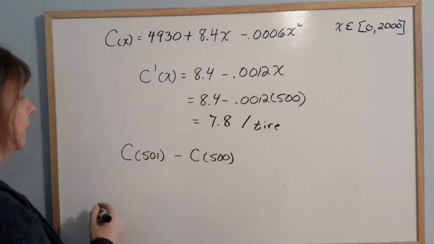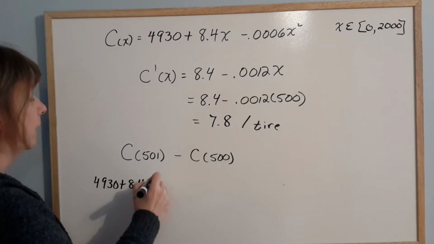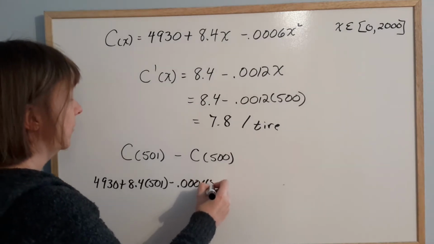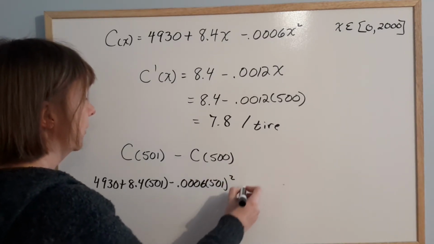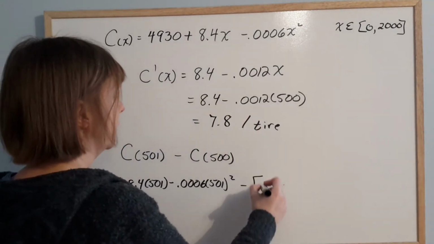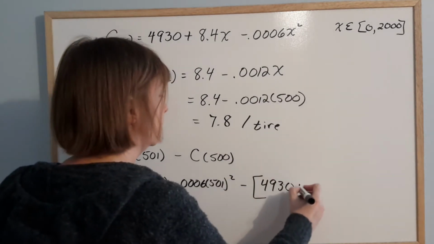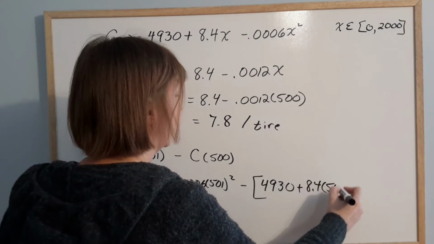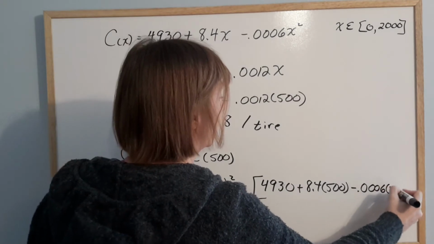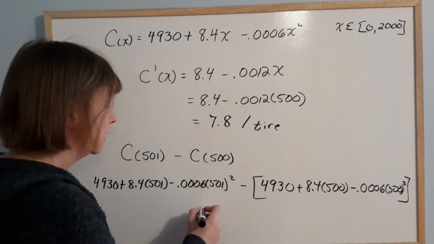So what I'm going to do is take my cost formula, 4,930 plus 8.4, and put 501 in there, minus 0.0006 times 501 squared, minus, and again I'm subtracting everything from this point. I'm going to do the cost formula again, but this time I'm putting 500 in as my value. So times 500 minus 0.0006 times 500 squared. And so I'm going to subtract this. It works out to be